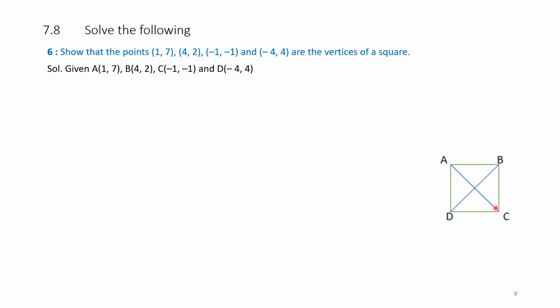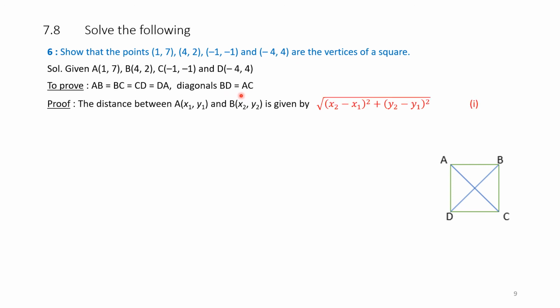These 4 sides are equal, and we also have to prove AC is equal to DB, the diagonals. That is implied. Therefore, to prove AB is equal to BC is equal to CD is equal to DA, and the diagonals AC equals BD, the distance between AB is given by